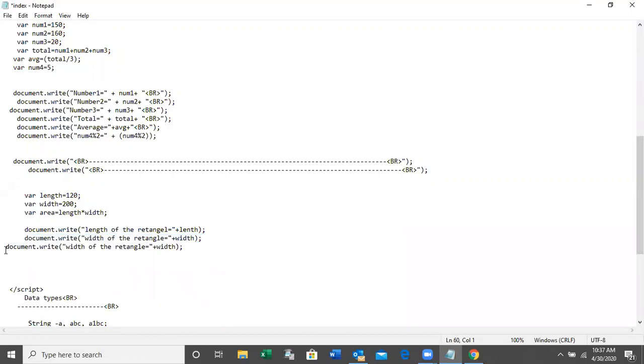Then area of the rectangle is equal to area. And I need a line break after printing the length, width and the area.